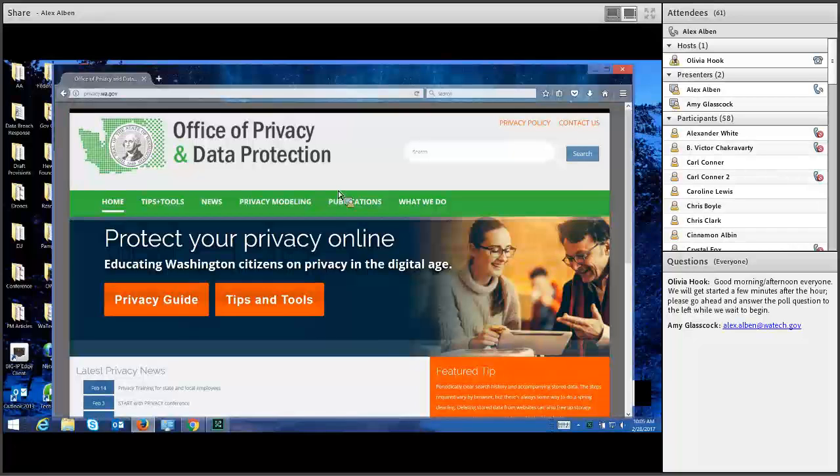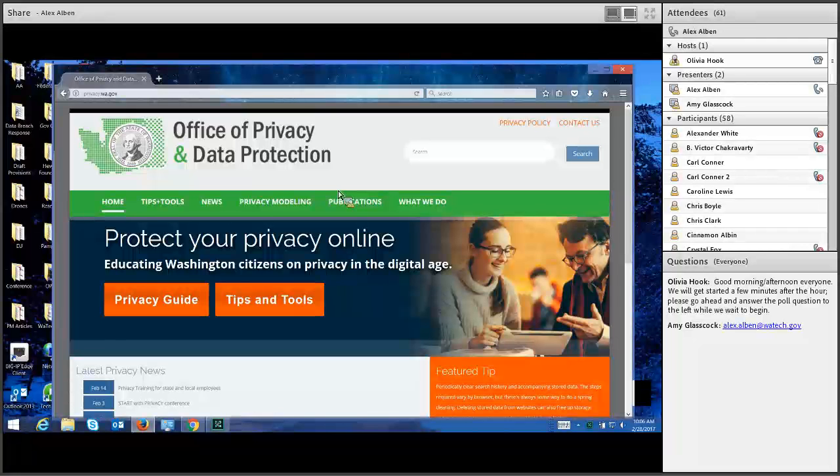This is the website for the Office of Privacy. As I said, we were put into law in Washington State a year ago, and the one thing they didn't do was give me a big staff. So the challenge of this office, and I'm sure anybody who works in the privacy area, is how to get the word out, how to do all the things that we want to do in terms of training, in terms of developing best practices, meeting with others, doing consumer education.